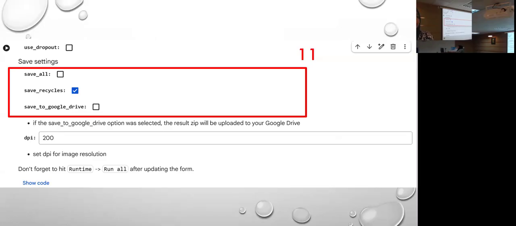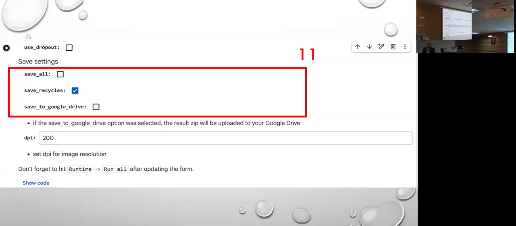By default, it's giving you 200. You can move to 300, 600 for better resolution. Just leave it at 200, because you do not have to publish this work. Okay, and then run this cell.